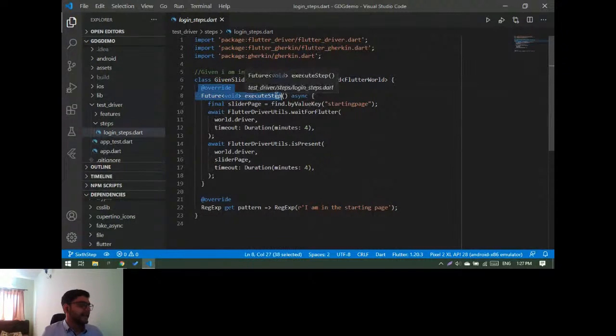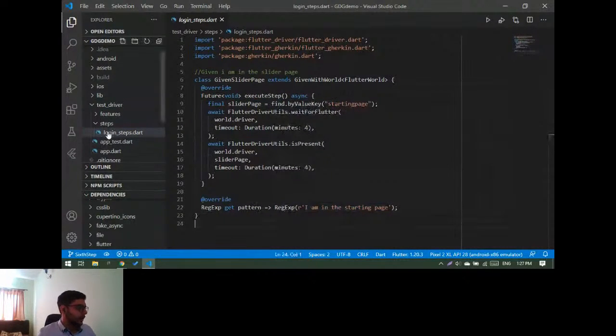क्रिएट गर्नुपर्ने हुन्छ एक्जिक्युट स्टेप भन्ने मेथड अनि प्याटर्न भन्ने चाहिँ गेटर, यो दुईटा हामीले ओभरराइड क्रिएट गर्नुपर्छ। सो अब एक्जिक्युट स्टेप त बुझि नै हालिन्छ हैन, यो स्टेप एक्जिक्युट गर्न यो गर्नुपर्छ भनेर यसले डिफाइन गर्छ। र यो प्याटर्नले चाहिँ रेगुलर एक्सप्रेसन युज गरेर हामी कुन स्टेप एक्जिक्युट गरिरहेछौं त भनेर डिफाइन गर्छ। जस्तै यहाँ रेगुलर एक्सप्रेसन हेर्ने भने आई एम इन द स्टार्टिङ पेज छ नि login.feature फाइलमा, अब गएर हेर्ने भने आई एम इन द स्टार्टिङ पेज यहाँ छ, सो यो स्टेप चाहिँ गिवनको लागि हो भनेर चाहिँ यसरी बुझ्छ यसले